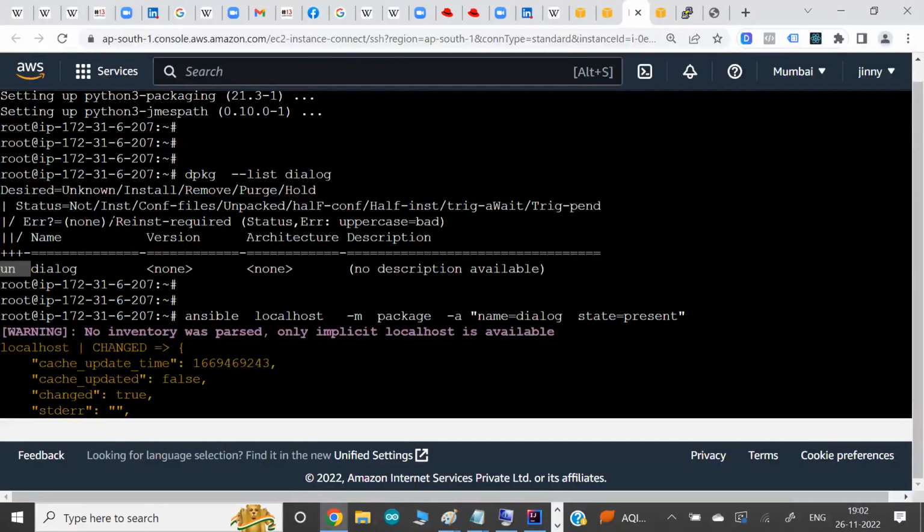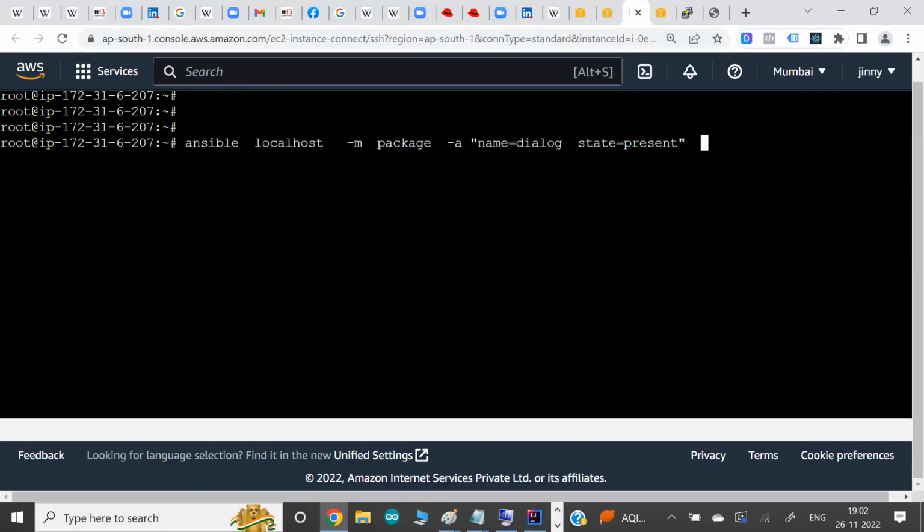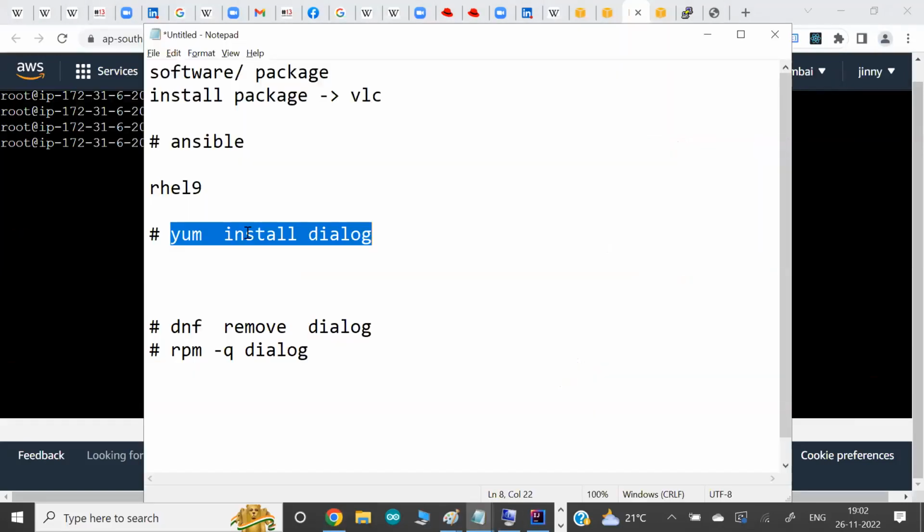One more interesting thing about Ansible is what happens if you run the same command again. Ansible is also intelligent in this way. In the scripting world, if you keep on running the script, it keeps on running the command again and again, even though the software is installed. If you create a script that has thousands of commands, every time you run the script, all 1,000 commands run again and again. It will slow things down and might create a lot of issues. For that purpose, developers create a lot of if or else conditions: if the software is not installed, then install, otherwise do other things. The script becomes more complex.